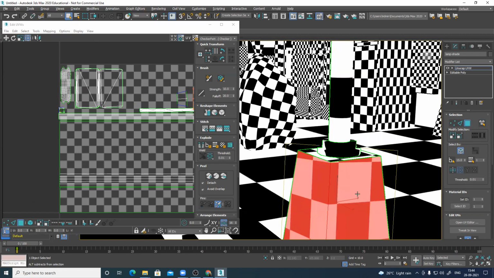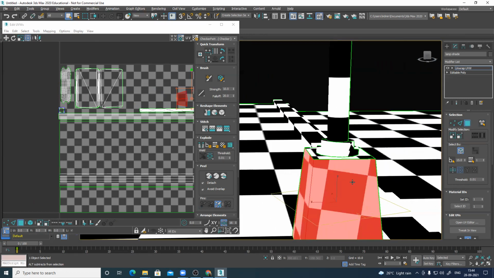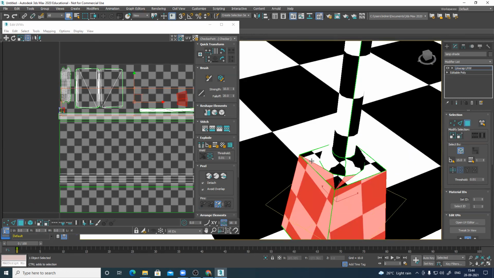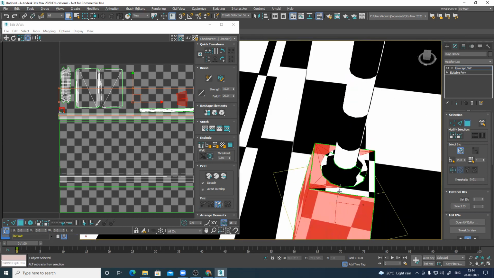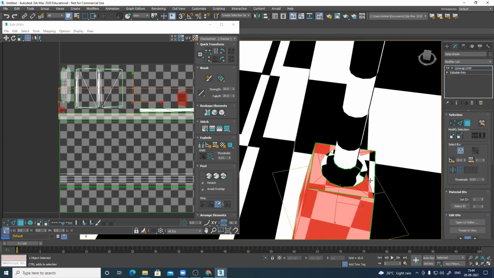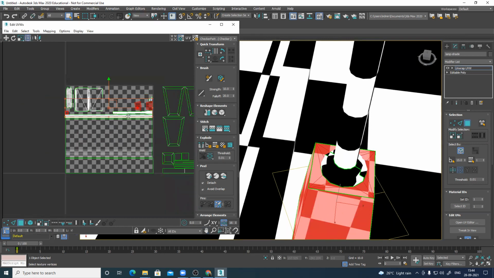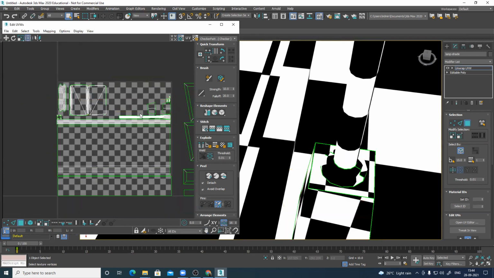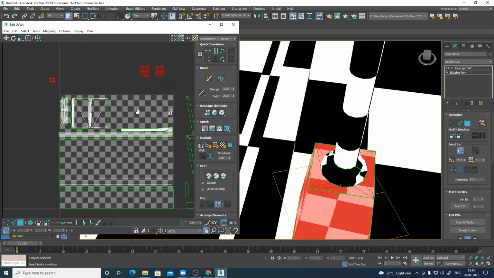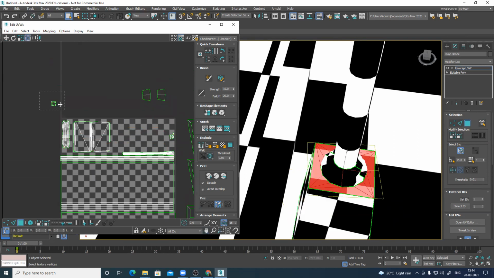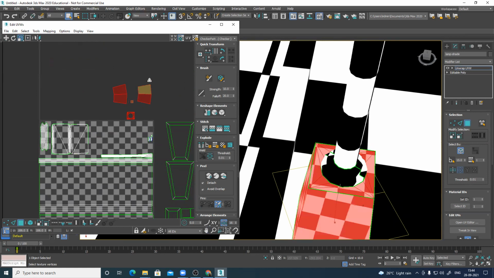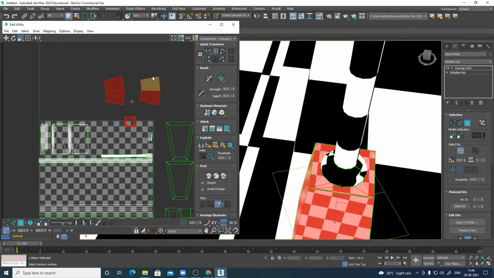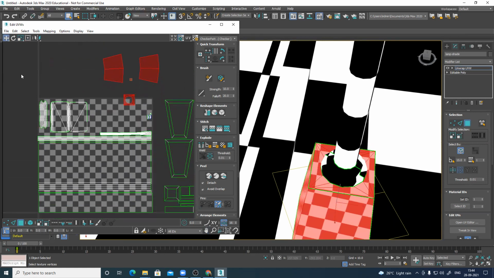And this one. Move it out. Give it a little bit more resolution because you have empty space.